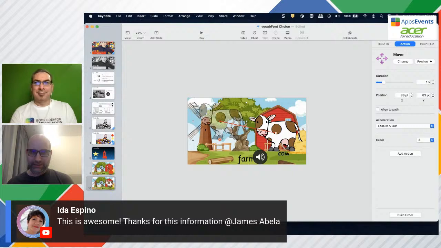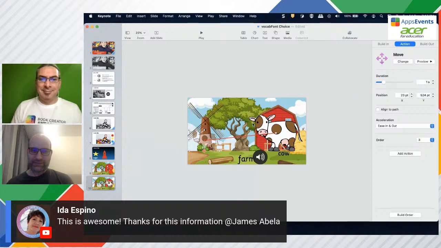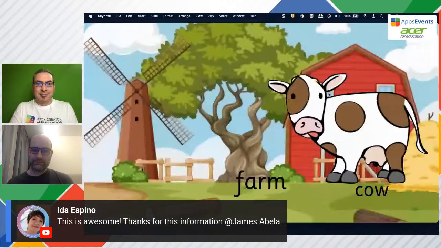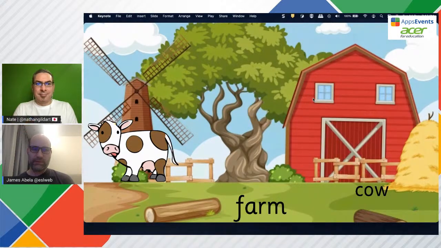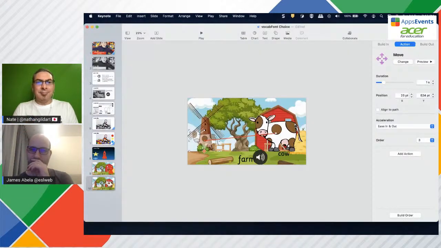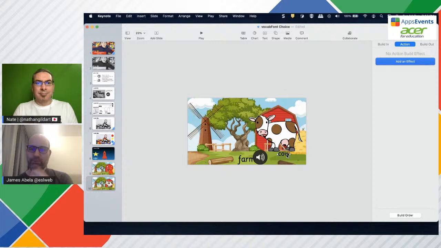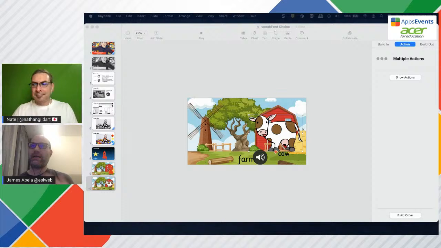One of the things I like is you can actually scale things. Now, I doubt I'm going to be able to get away with this in an effective way, but if you play it, you'll see. Now, we could make this a bit more realistic, but for children, I think it's just so important and nice to see that animation going on. And that movement always attracts children.